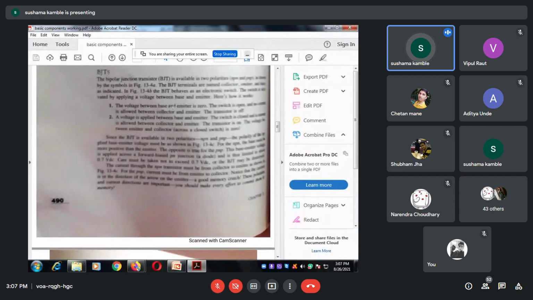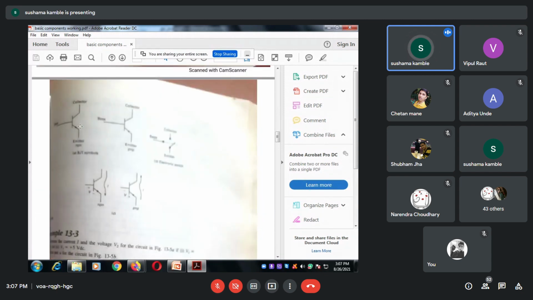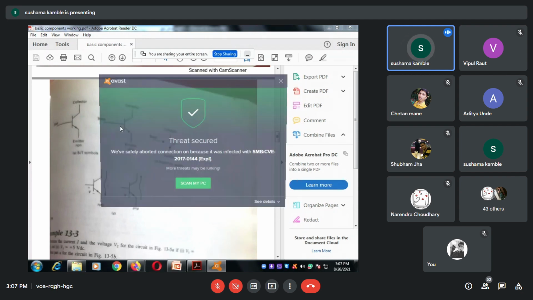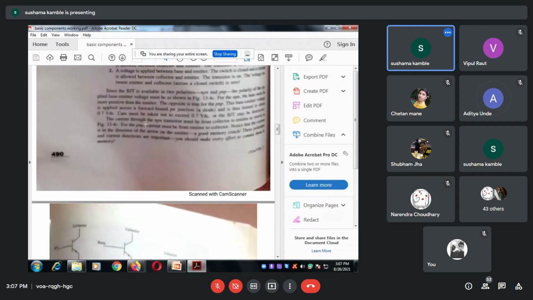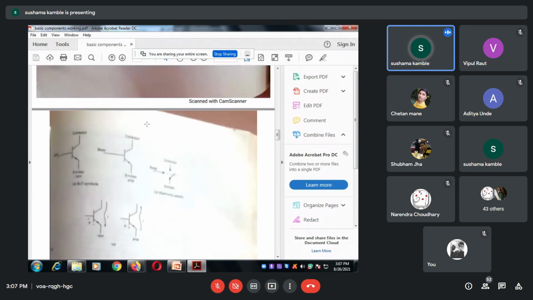Because when base emitter voltage is 0, the transistor is off. But when you are applying base emitter voltage, then the transistor will be on. And when the transistor is on, the voltage across the collector emitter, that is VCE, will be 0. Accordingly, you connect the output to a different circuit and say that the other transistor will be on or off depending upon this condition. Just keep this in mind, or otherwise you mug up the things. For this unit only it is required.